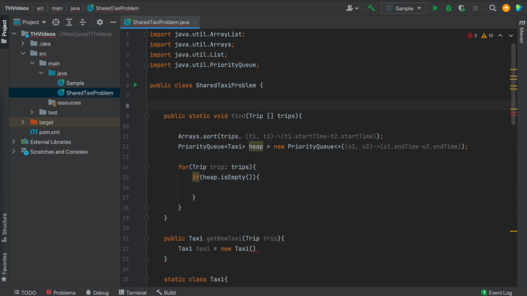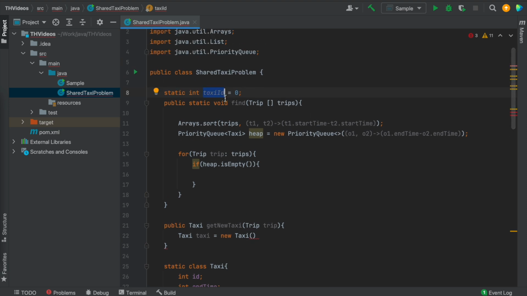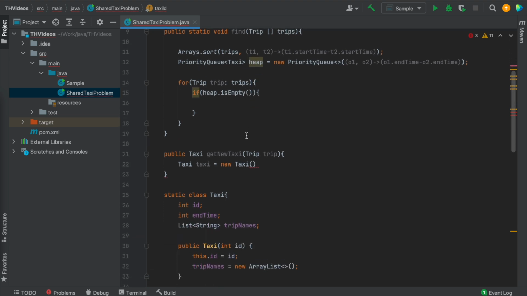So let's have a global variable here. Let's call it static int taxiID, and let's start with 0. And every time we create a new taxi, we'll assign this ID and increment this taxiID. So we'll do taxiID plus plus,